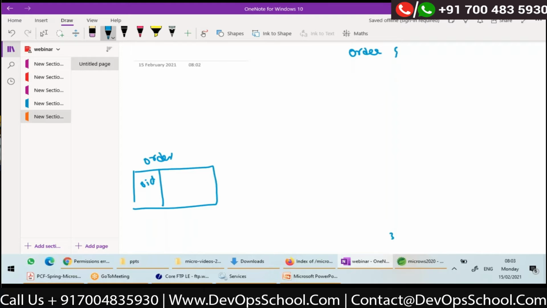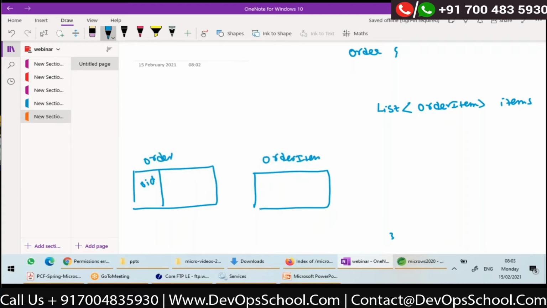So one order can have a list of order items. In my database, corresponding to this collection, I may have another table, the order items table, where order ID will be the foreign key, and one order can have multiple order items.